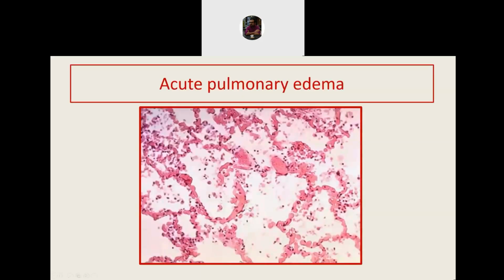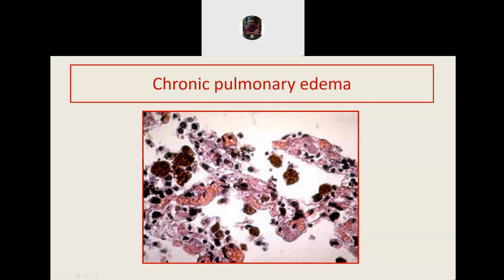This is a histological picture of the alveoli. These pink linings are the alveolar walls. What you can see inside are the RBCs and edema fluid. As time passes, the RBCs are engulfed by macrophages and they become brown colored hemosiderin crystals. And this is the appearance of the brown colored hemosiderin crystals inside the macrophages. These modified macrophages are therefore called heart failure cells.